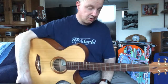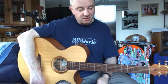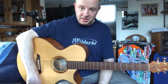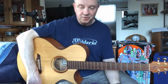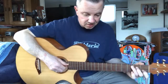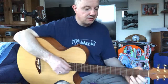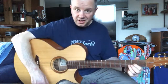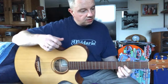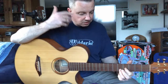It hangs in my bedroom. I've got a wall hanger above the bed. So quite often when I'm going to bed, before I climb in, I'll take it off the wall and I'll just play it a little while. And it surprises me every time. I forget just how good it is. And then I pick it up and play it and I'm like, yep. Oh my God. And it has inspired me to play things. It's had me finding things just based on the tone, the sustain, the projection, the sound I can hear from the...